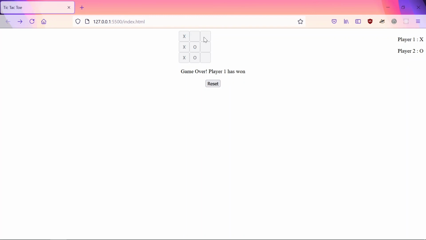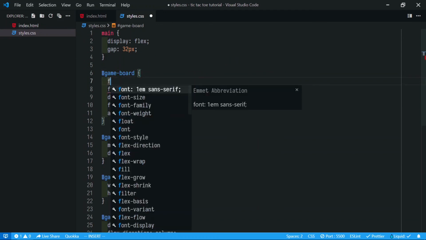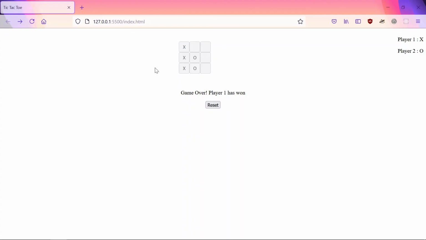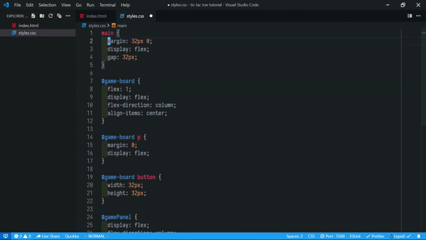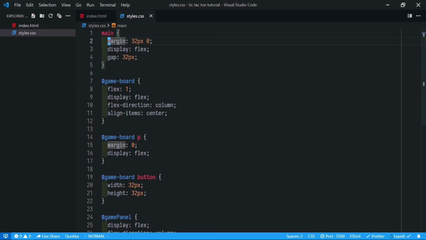You can also give some space here and here to the game board. We give a margin of 32 pixels top and bottom and 0 on the left and right. So we got some. Instead of this, let's give it to the main, so our stats also get some space. 32 is very low. 64.